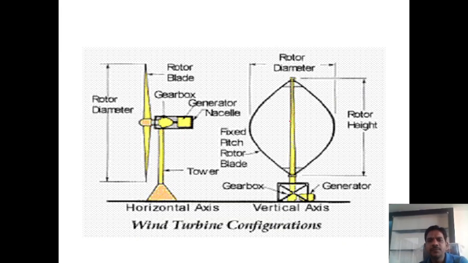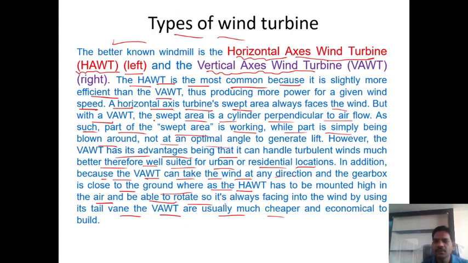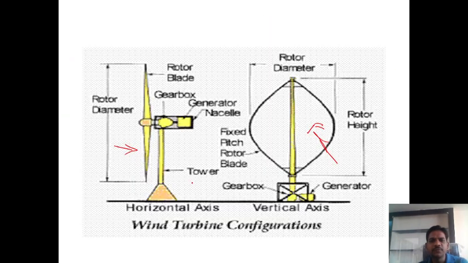Here more drag force is required to rotate the wind turbine, meaning a larger force is required for rotation of this wind turbine, but a very small force is required for rotation of the horizontal axis wind turbine, guys. These are the differences whatever we see here. If you differentiate between these two wind turbines, how can you differentiate? In the horizontal axis wind turbine, the generator is placed at the top position. In the vertical axis wind turbine, the generator is placed at the ground position.